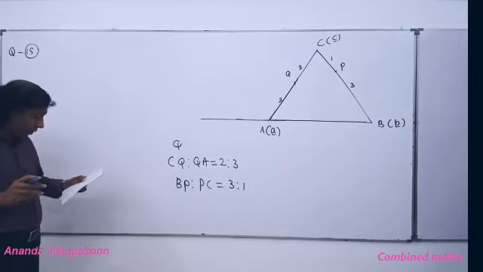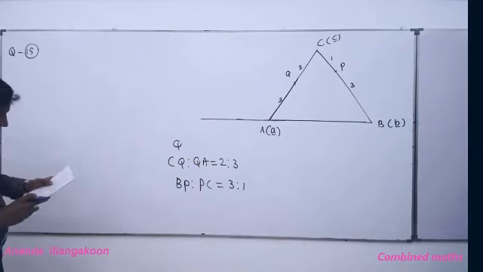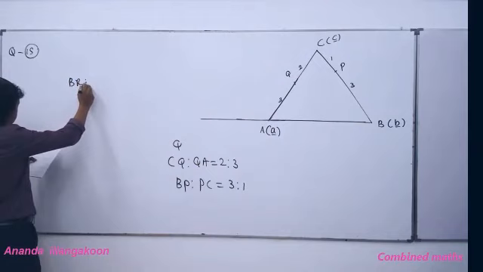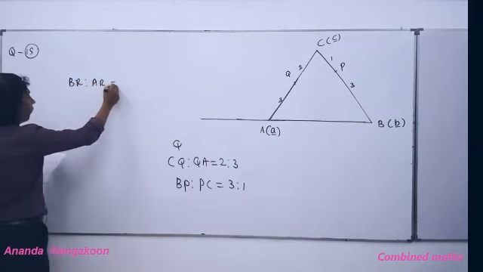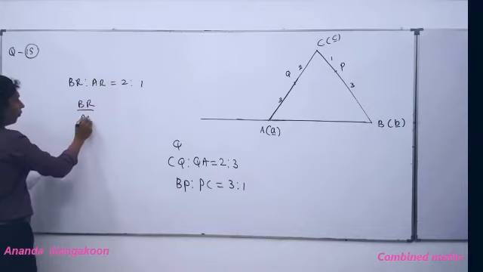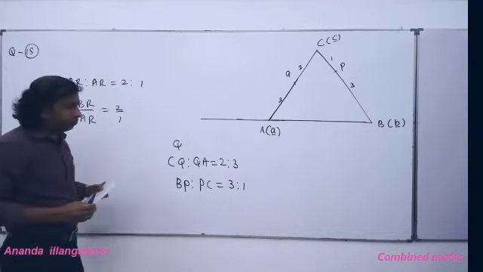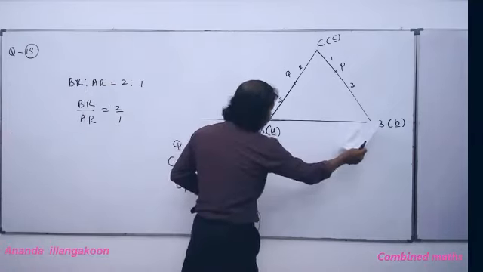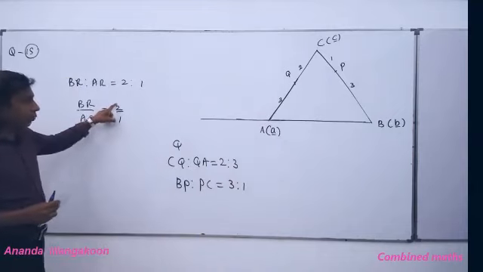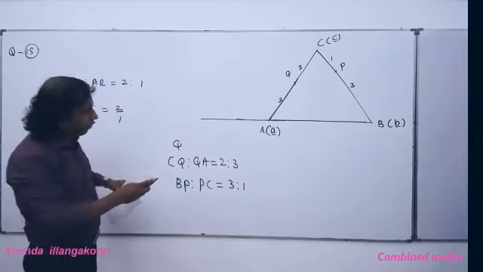Then R lies on BA produced such that BR is to AR 2:1. So if I write this as a ratio, this is BR 2 units. If BR is 2 units, AR is 1 unit. If I take a point somewhere here, people,